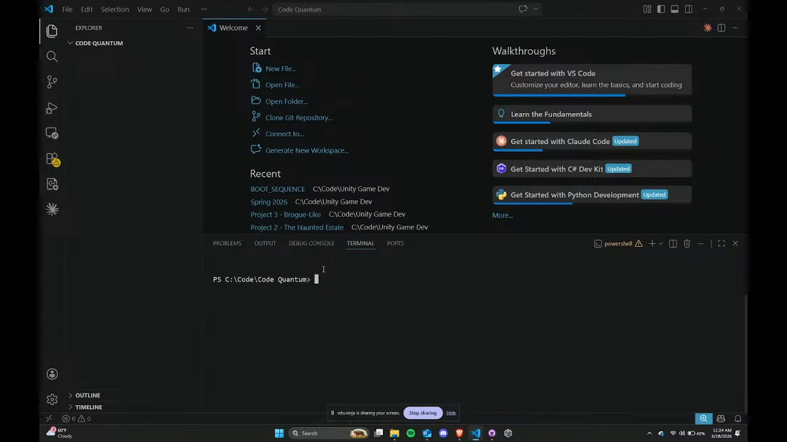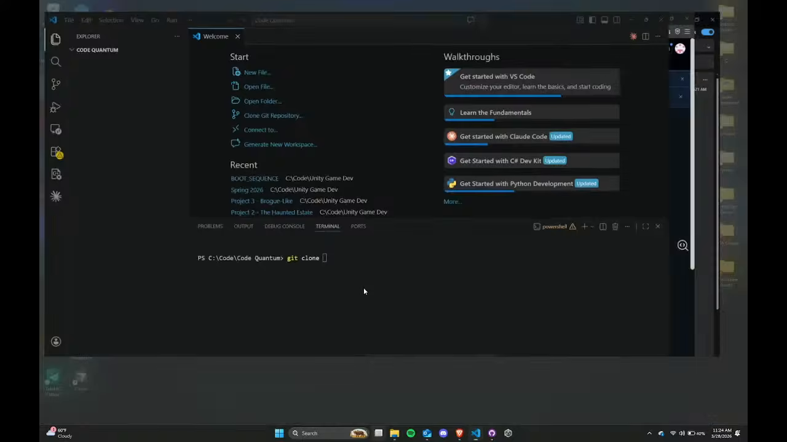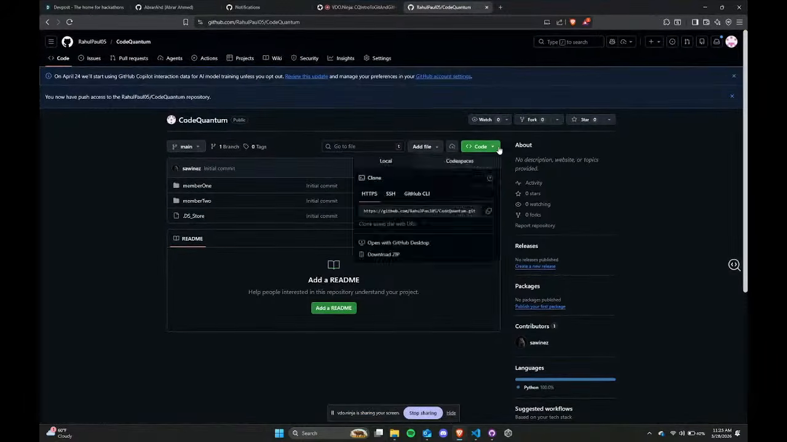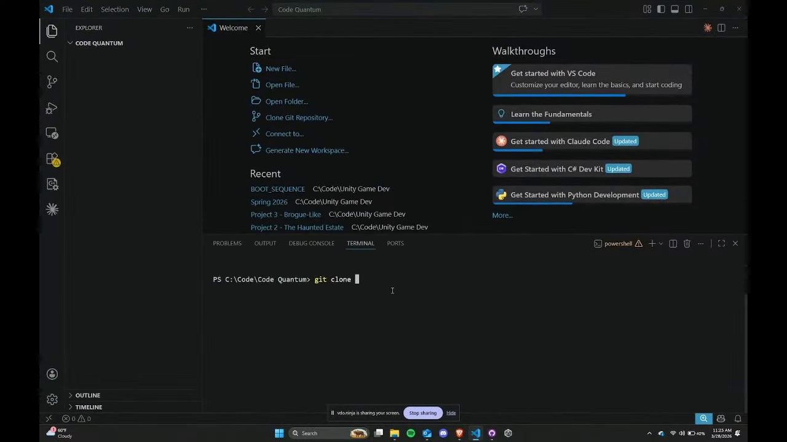So first thing first, I would say git clone, and then I would go inside the repository, and then if you click on code, yeah, so if you click on that green button again, code, and make sure that it's under HTTPS, and then copy that HTTPS link, and go back to your IDE. So it's git clone, and the